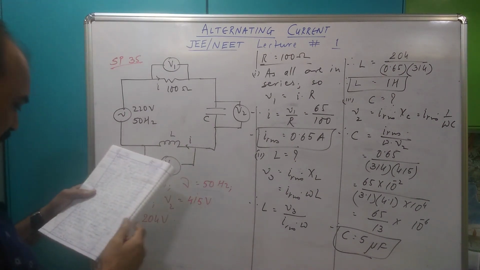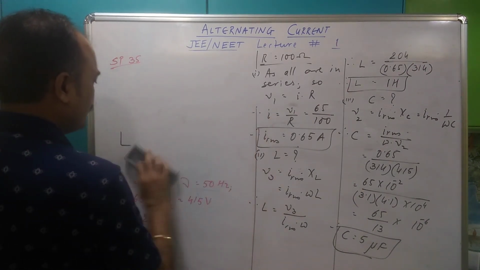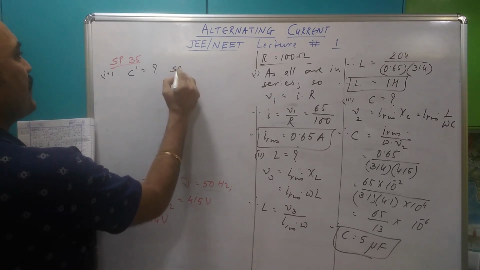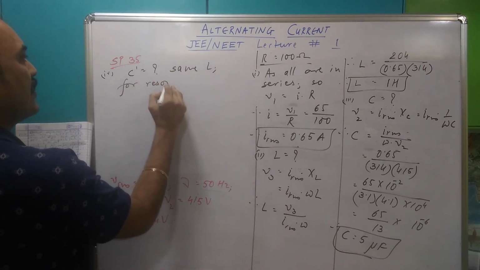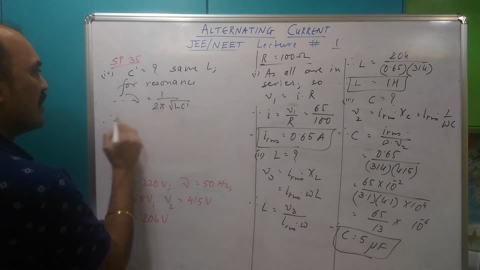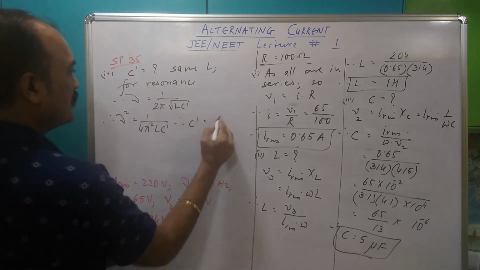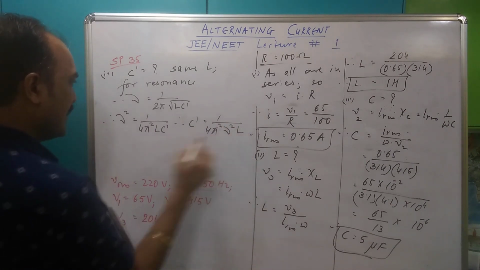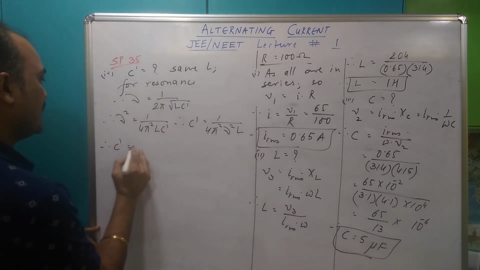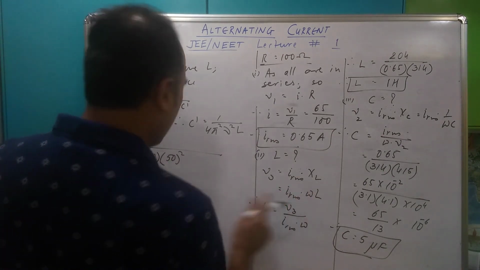और एक और छोटी सी चीज है, value of C dash for same L to produce resonance. अच्छा फोर्थ, C dash चाहिए ना, C dash is how much for same L for resonance. भाई रेजोनेंस का मतलब है nu has to be equal to 1/2π root of L C dash. तो let me square both sides, nu squared, क्योंकि C dash चाहिए ना, तो C dash को ऊपर चढ़ा दूं तो 1/4π² nu² L. So let me see this, C dash is 1/4π², π² is 10 पकड़ लो ना, nu का square 50 का square, and L कितना मिला था 1.